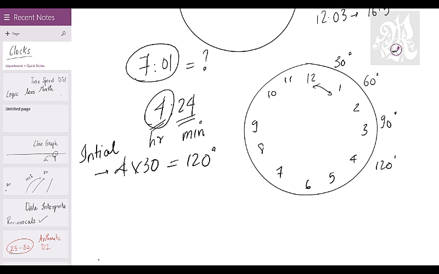That's called the initial, because we're starting our timing from 4 o'clock and then we're going 24 minutes ahead. We will not start at 12 o'clock and go 4 hours ahead. That's too complicated. So we start at 4 o'clock and we say initial is 120. How many minutes have gone? 24 minutes have gone. Every minute, the minute hand gains on the hour hand by how many degrees? 5.5. So in 24 minutes, it will be 24 into 5.5.